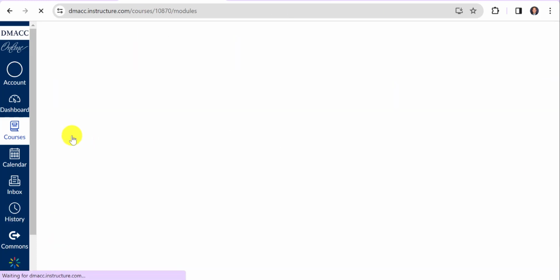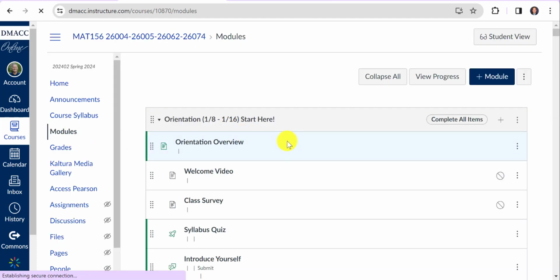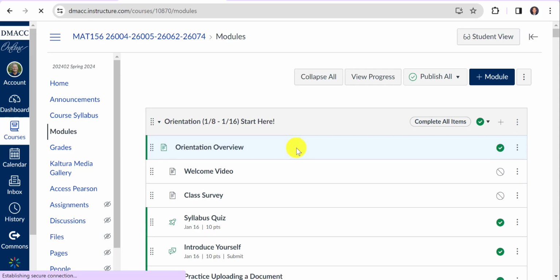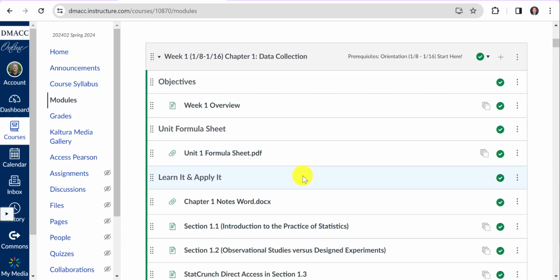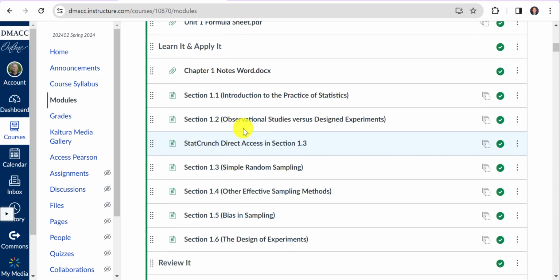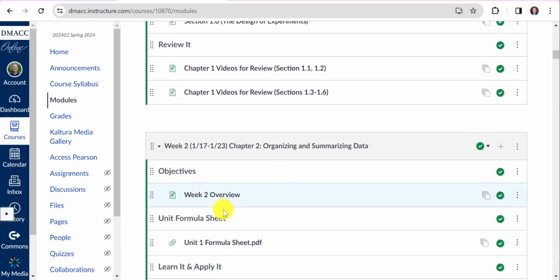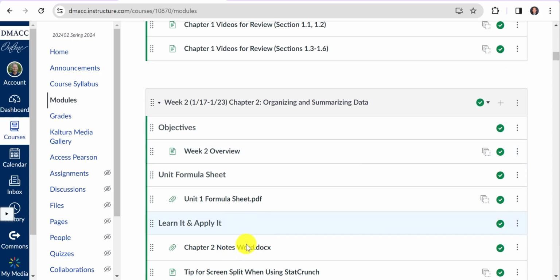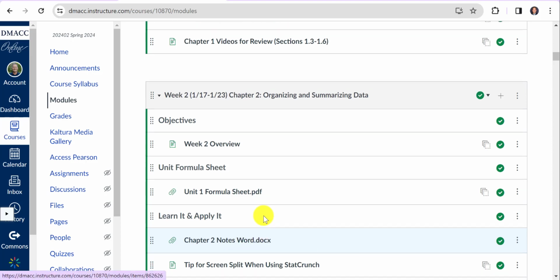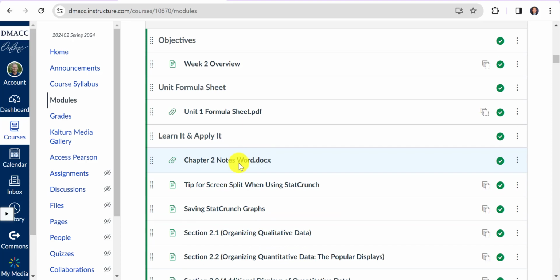I'll go back to the modules here. You've already gotten access to Pearson. You prepaid for that when you signed up for the course. I've also put a Word document of the notes for every chapter in each folder. Some people like to have that downloaded on their side, and then they can add their notes as they go through. It's a quick reference. I've learned that students don't have to have that, but it's a nice little add-on. I made it a Word version so you can edit it and add your own things to it as you go through.